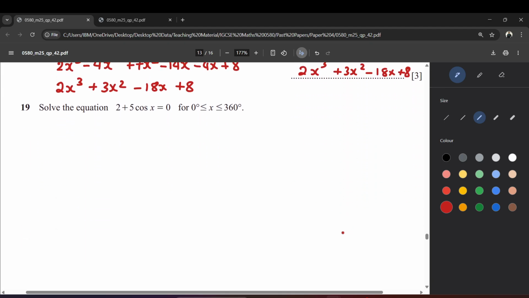Question number 19. Solve the equation 2 plus 5 cos x is equal to 0 for x between 0 degrees and 360 degrees. So this is a trigonometric equation. First of all, we will make cos x the subject of the formula. So 2 goes to the other side and becomes minus 2. Then cos x is equal to, dividing both sides by 5, minus 2 upon 5. Now we will take cos inverse because we need to find x. So cos inverse of minus 2 upon 5 will give us